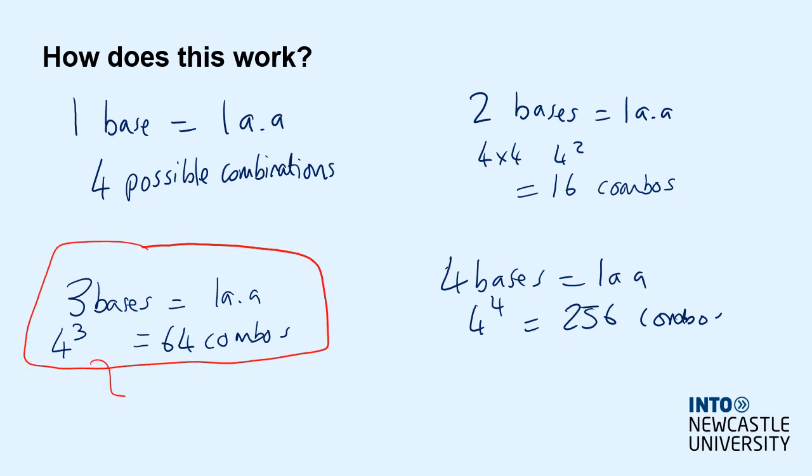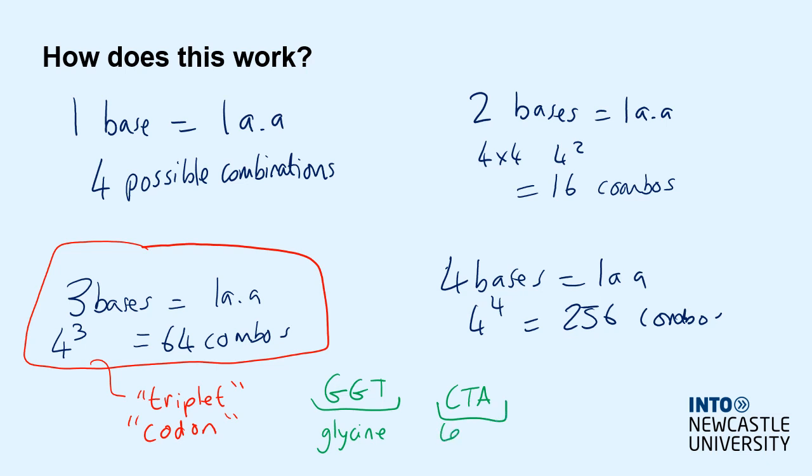And we call these 3 bases a triplet or a codon. So either term is fine. Now, examples of what we mean by this. We know as biologists that GGT, read as a triplet, codes for the amino acid glycine. CTA codes for leucine. GCA codes for alanine. Now you don't need to remember these, because scientists use a table to work it out, but